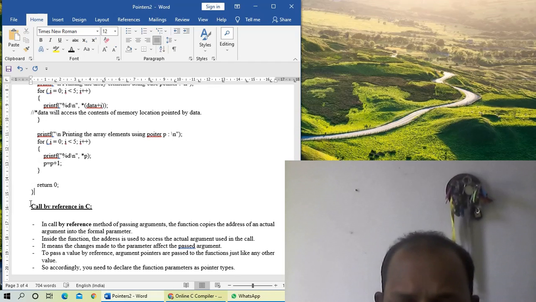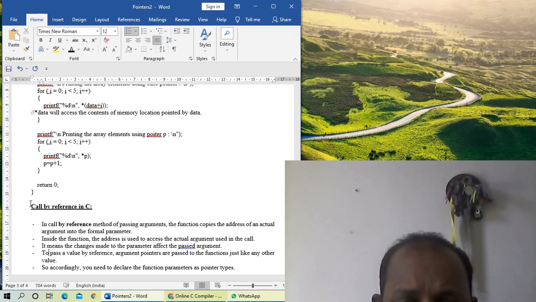Then what is the definition? In the call by reference method of passing arguments, the function copies the address of an actual argument into the formal parameter. In call by value, a copy of the actual parameters is substituted for the formal parameters.